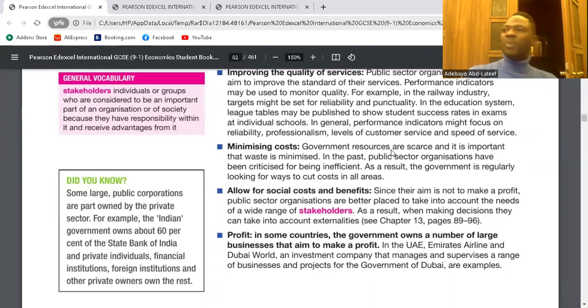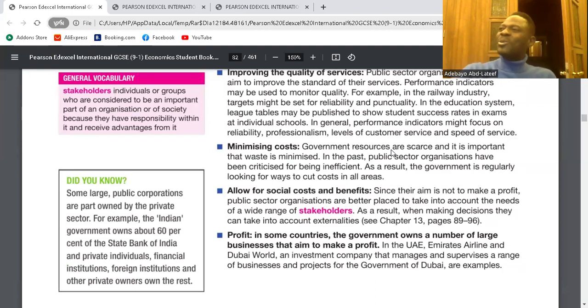So, the public sector is seen as an inefficient sector because they are careless, they waste resources, they don't have the motive to put in effort, they don't have the motive to increase productivity. Do you know why? Because they're not gaining profit. Why? The public sector salary is constant. It is not attached to productivity. No matter if they do more or do less, they get the same rate of pay.